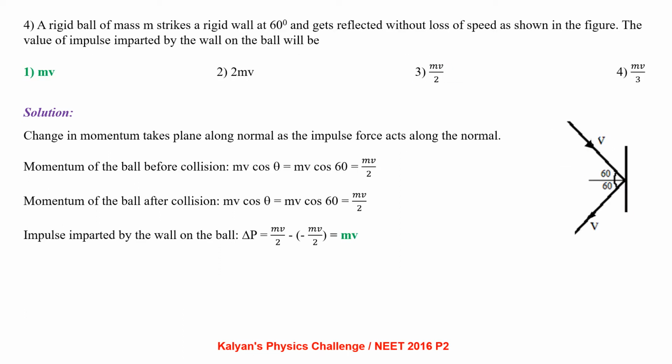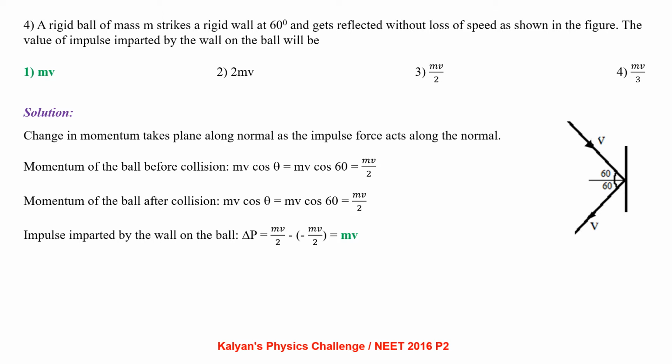A rigid ball of mass m strikes a rigid wall at 60 degrees and gets reflected without loss of speed as shown in figure. The value of impulse imparted by the wall on the ball will be. As you can see from the diagram, a ball of mass m is hitting the wall with a velocity v, making an angle 60 with the normal. Since there is no loss of velocity, there is no loss of kinetic energy, so it can be taken as